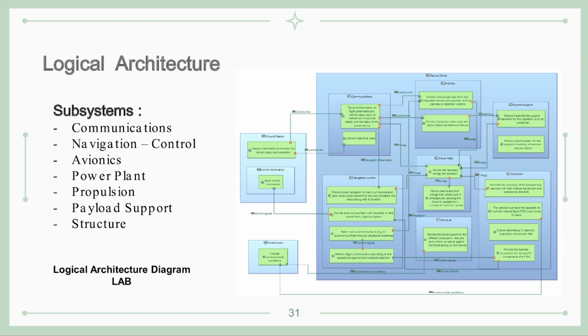We can not only see the functions of each subsystem, but also their interactions. These interactions allow us to establish a logical flow for the different internal activities that the drone must perform. This helps us to identify failures at the interaction level between subsystems and support decision making during the design process.